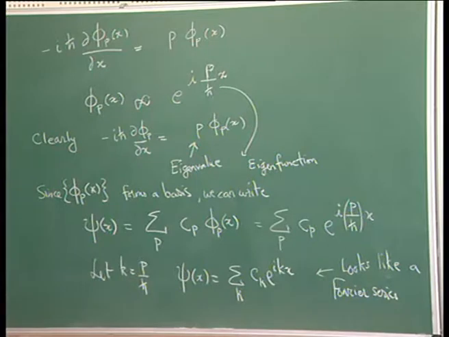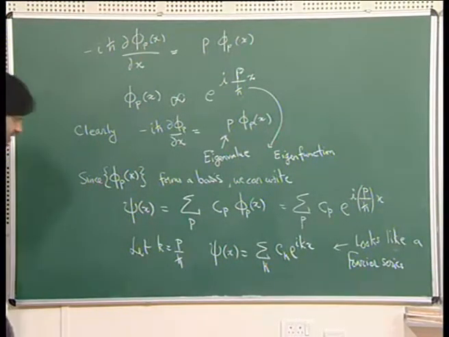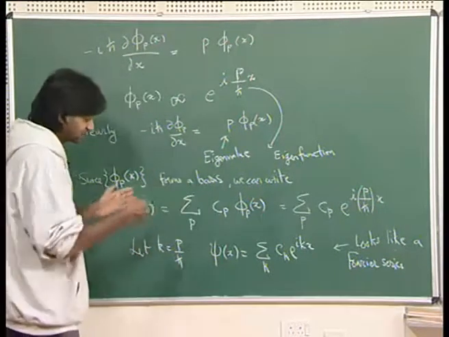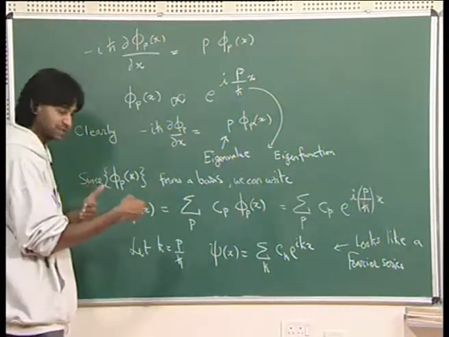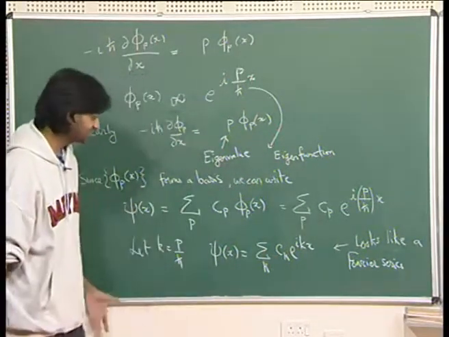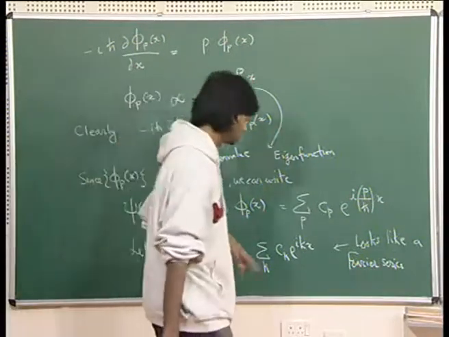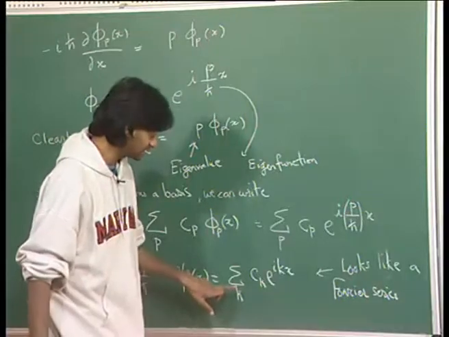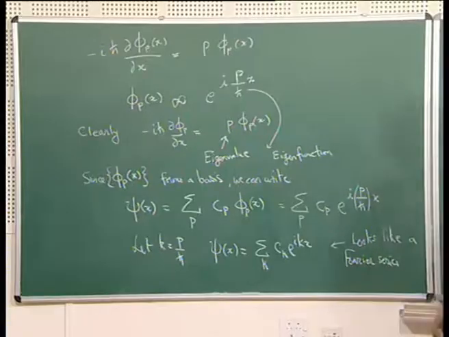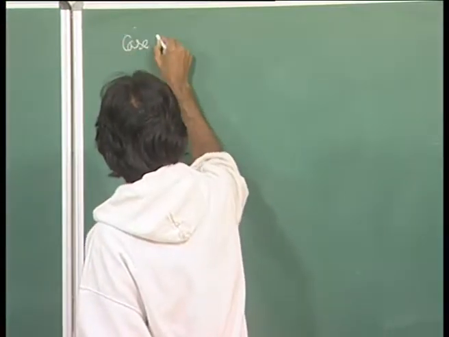The only thing is we have not put any boundary conditions. We have not specified what the boundary conditions on this wave function are. Now, in case you say that the wave function should be periodic with some period, then this will be exactly the Fourier series with that period. In case you say that the wave function need not be periodic, the space is infinite, then what we will show is that this sum becomes an integral. So, we have two cases. Case 1,